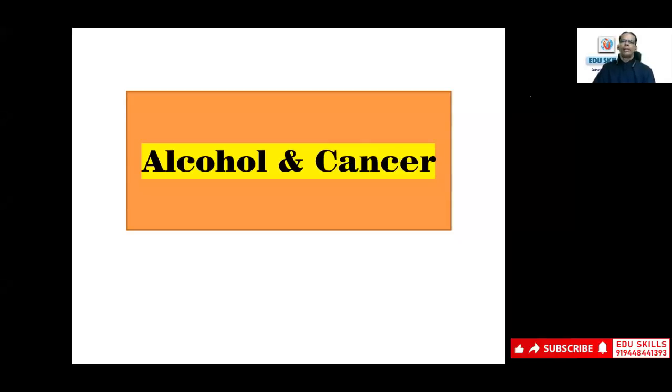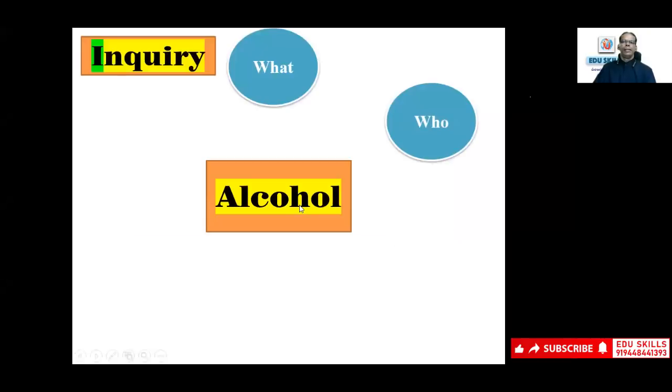So what do you understand? What do you get into your mind when you speak of alcohol and cancer? So, the second step, when it goes to the first one, is foreseeing. Foreseeing means just trying to associate what you know with what you know, and try to foresee what will be in the paragraph, in the text, from the knowledge that you know.